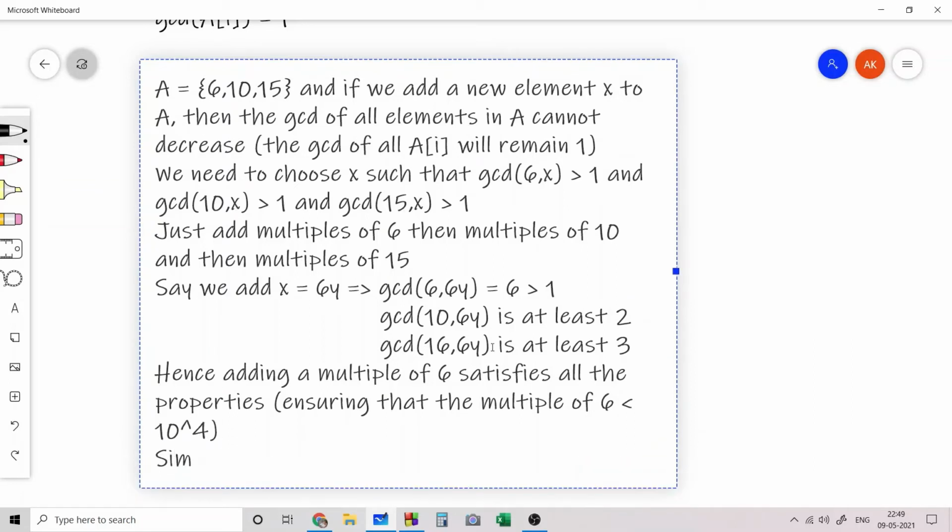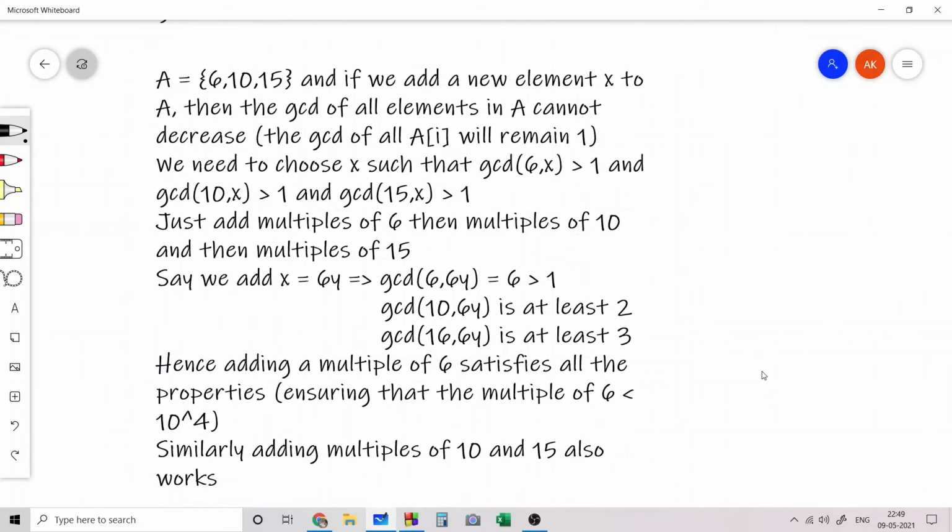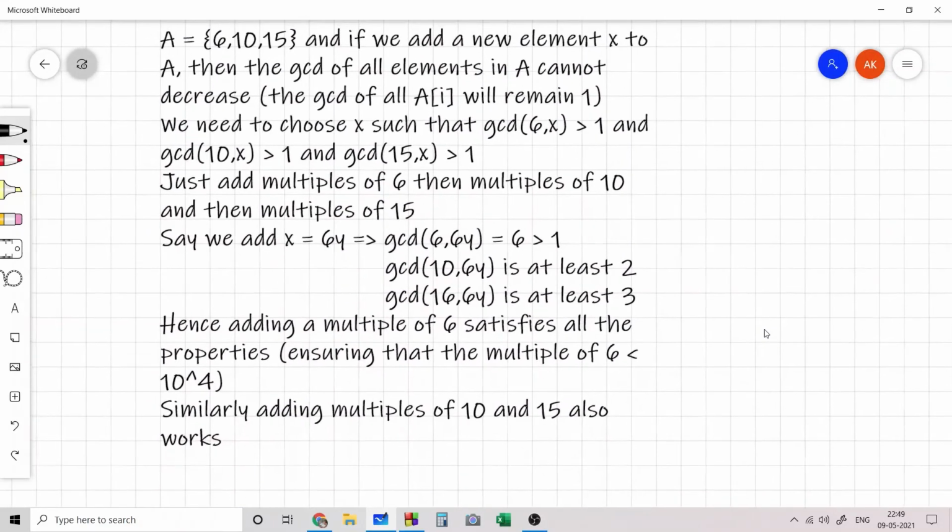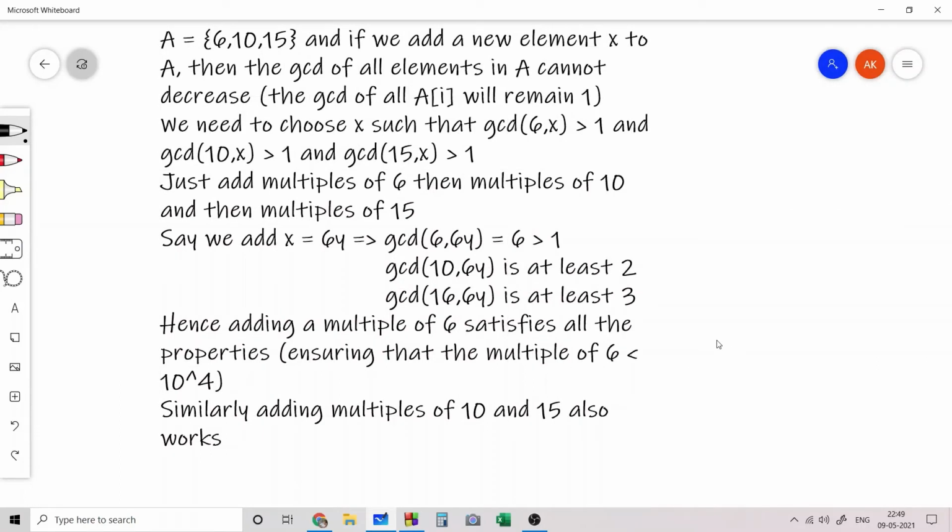Similarly, adding multiples of 10 and 15 also works. And that's all that we need to do in our code. We just need to keep track of the size of A, and we add multiples of 6, then multiples of 10 and then multiples of 15, so that all the elements are less than 10^4 and the size of the set A is exactly equal to n.